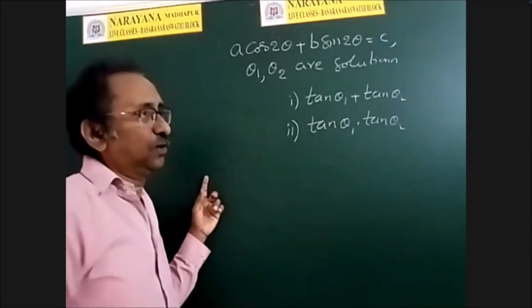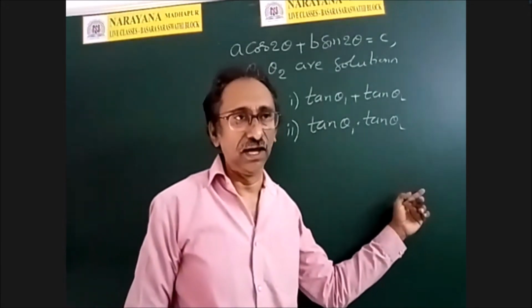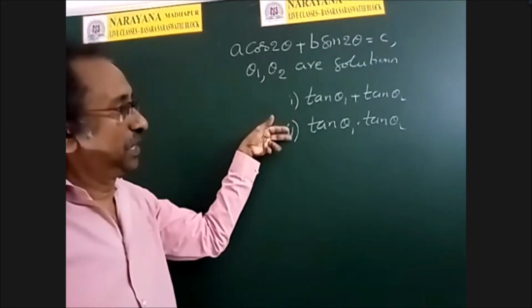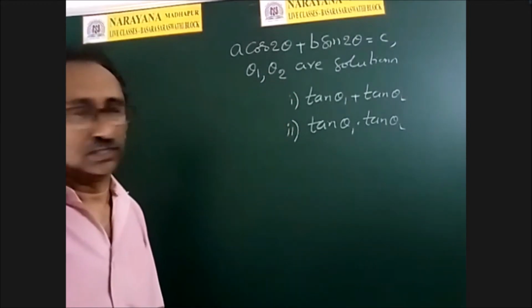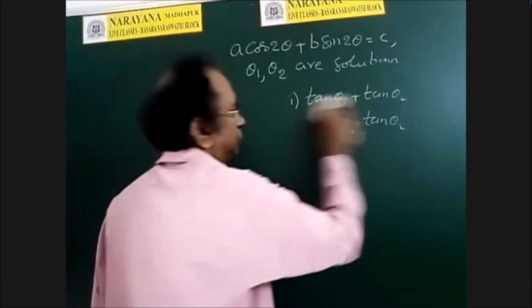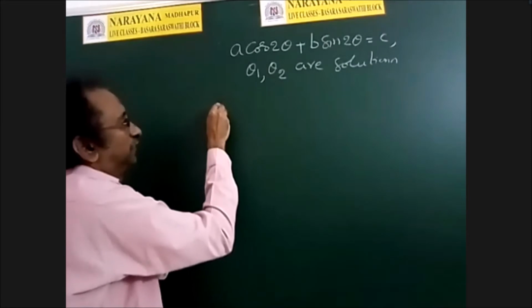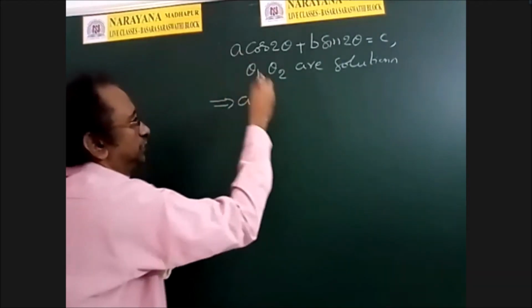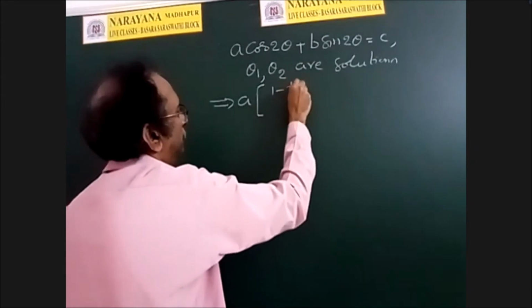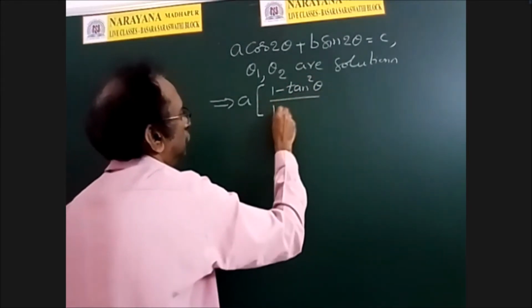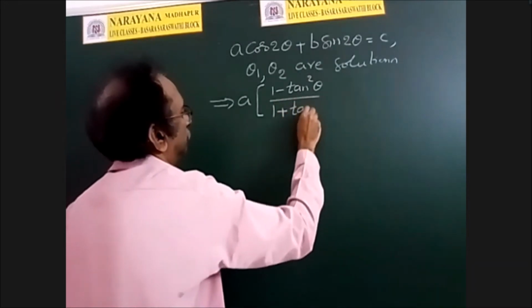So if I get a quadratic equation in tan theta, simply this is the sum of the roots of the equation and this is the product of the roots. Therefore, I want to change that in terms of tan. Okay. And now what is the formula for cos 2 theta? What is the formula for cos 2 theta? That is 1 minus tan square theta by 1 plus tan square theta